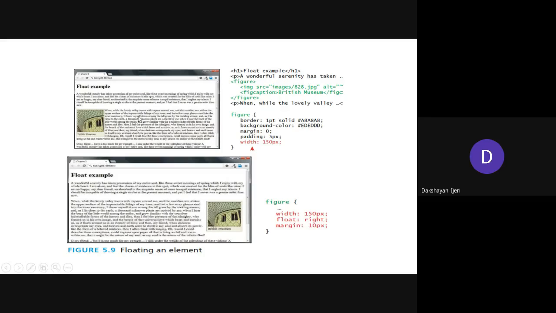So in this first example, in this first image, you can see a paragraph has been taken. In the next section, you can see the image has been put at the left side, and the rest of the paragraph is floating around that image. Floating in the sense, without wasting this space, it is going to begin from here itself, and as soon as it completes the last line comparable to this image, it is going to continue from this position here. So how is this possible, or how can you make the content float like this? By using the float property here.